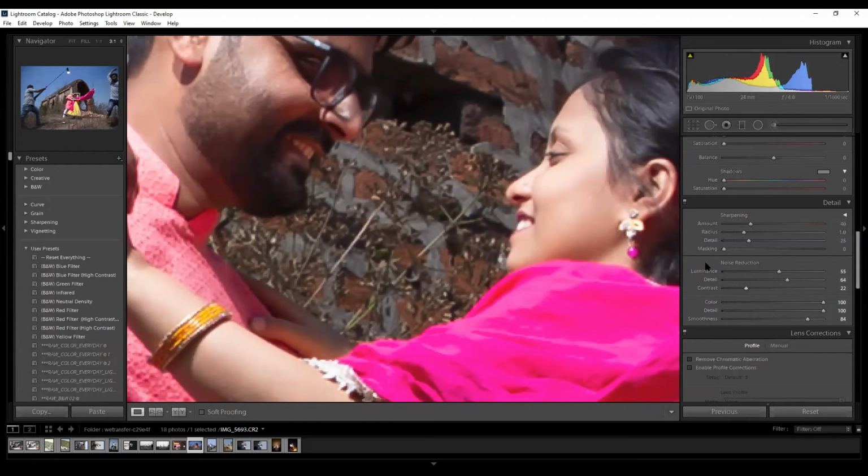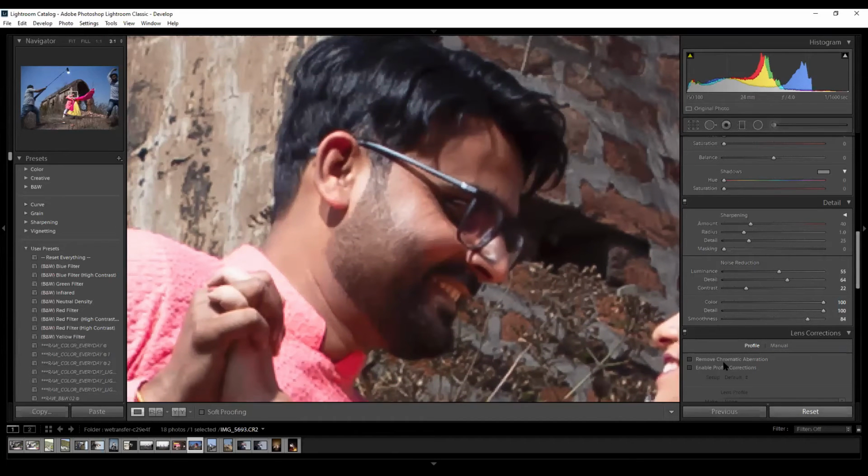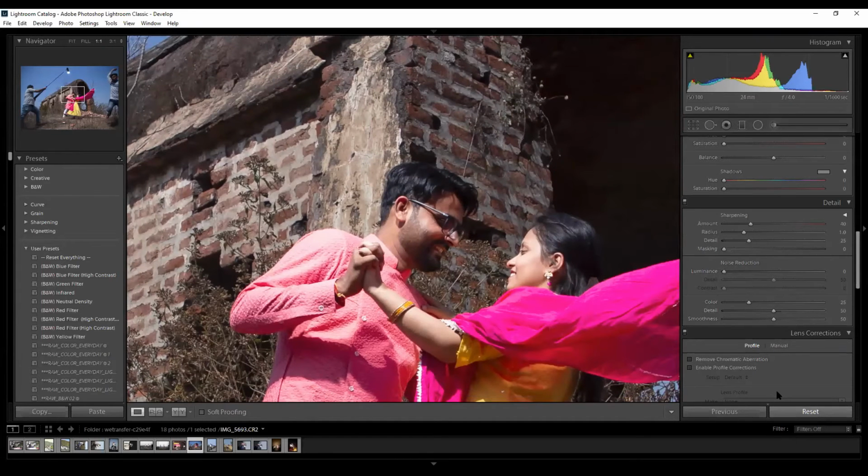This basically works more on the luminance, meaning the brightness part, and this will work more on the color part. So when we use noise reduction, you can see we are losing the textures. You increase the detail, increase the contrast by a little. Now if we work with the colors, we are whitening out the colors, we try to increase the details and try to smoothen out the details. So this is how we work with the noise reduction of the image.